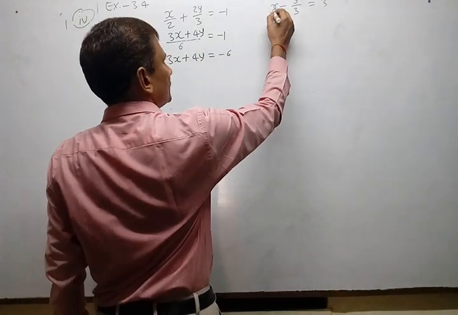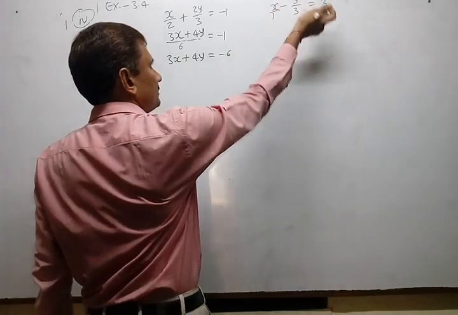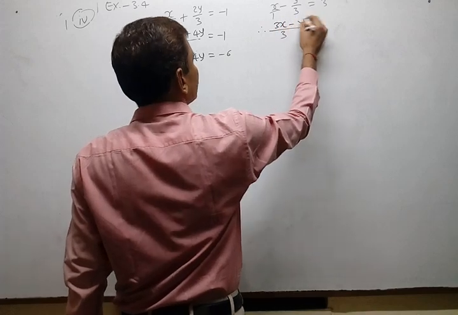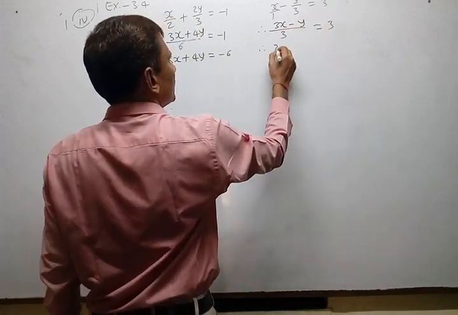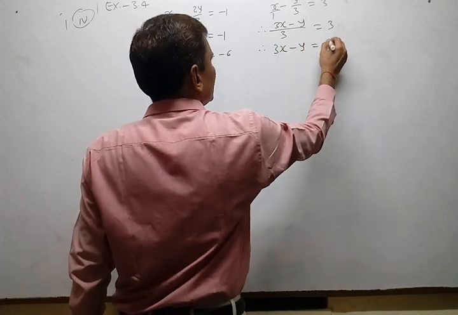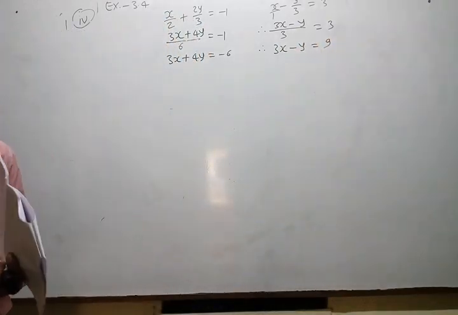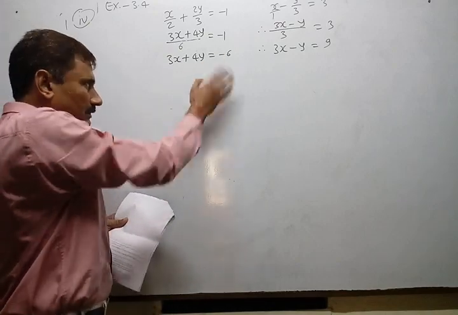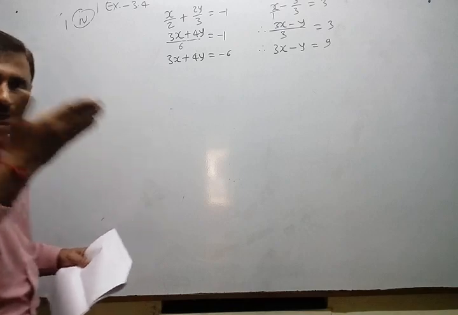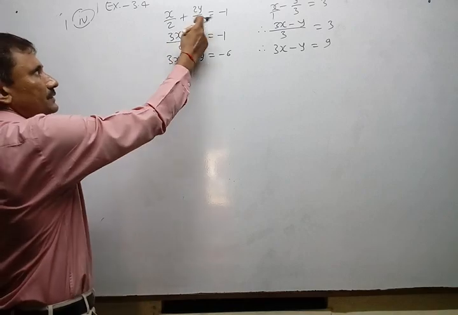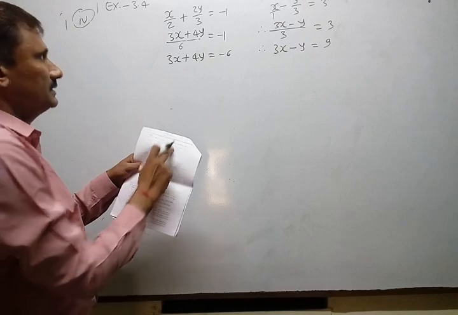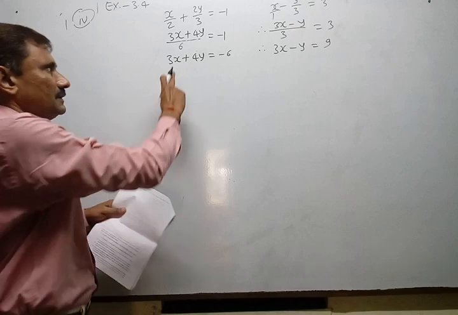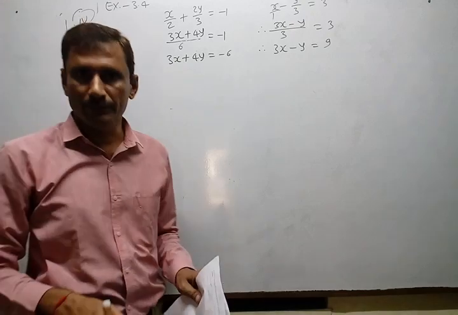And here place 1. Okay, if any one is fraction, make another also. So it will be 3x minus y equal to 3. Therefore it becomes 3x minus y equal to 9. Okay. Now write them above below, vertically arranged. Okay. What done? They have given in fractions, so we just convert it into simplest form. Because fraction is removed. Decimal also removed.